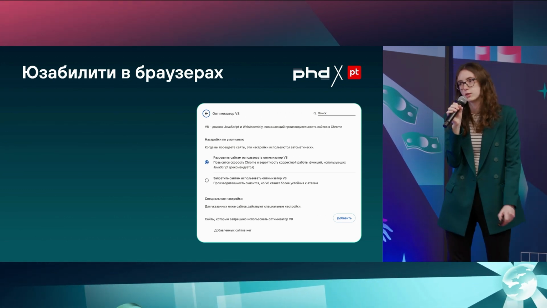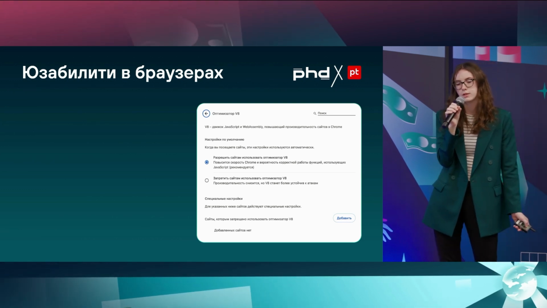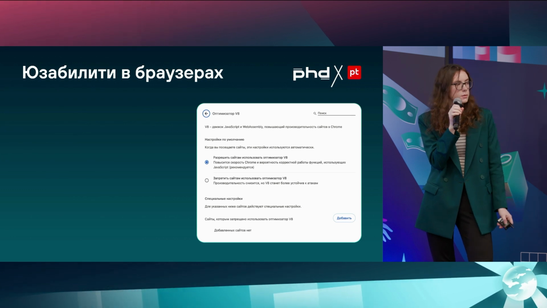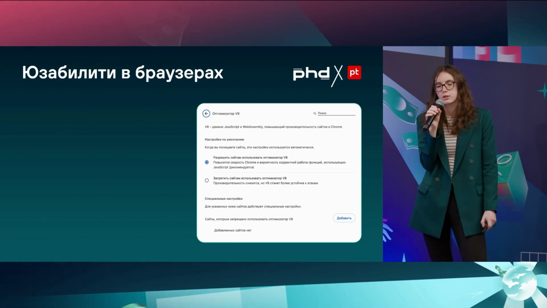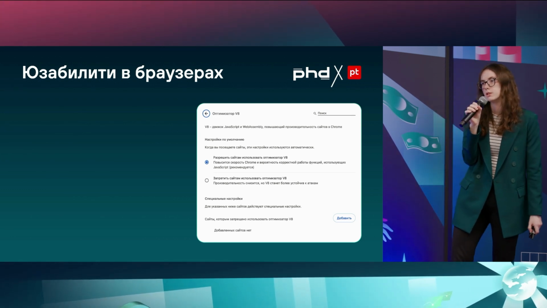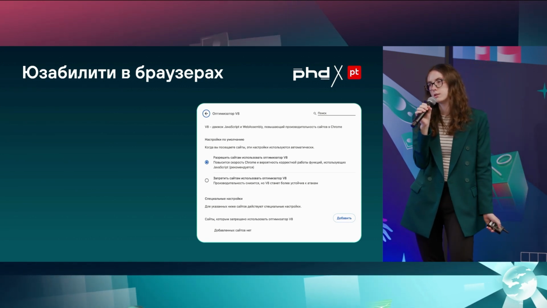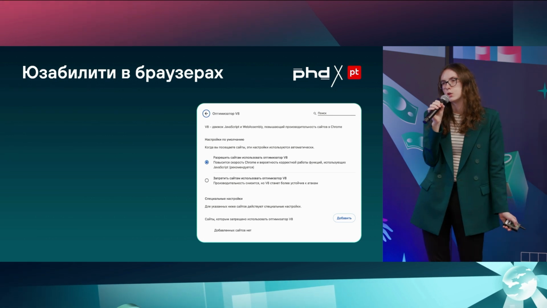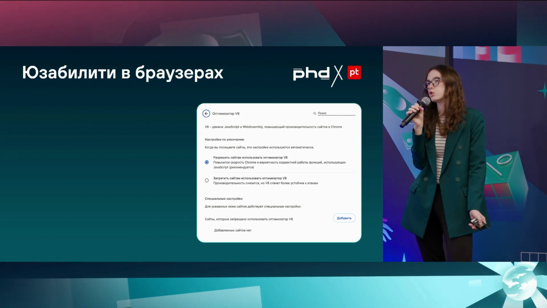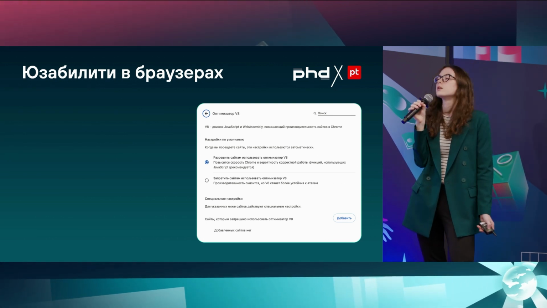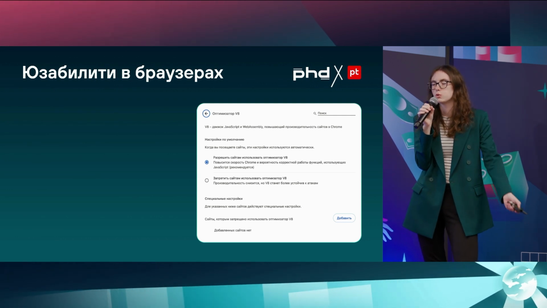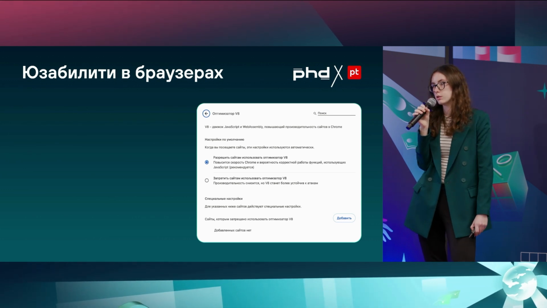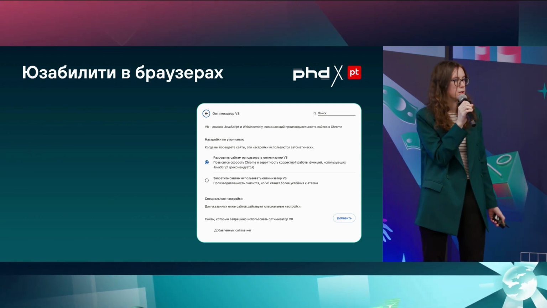The setting I'm talking about is the V8 optimizer. Honestly, I didn't know what that is, so I selected it and tried to figure out what it is. Well, the text here says that this is some engine that enhances website performance. I'm just a non-sophisticated user. I don't know what an engine is. I don't know what JavaScript is. But when I read this sentence, I understand that this is some entity that increases the performance of the tool I have at hand, which is the browser. And what I can do is either allow or disallow.